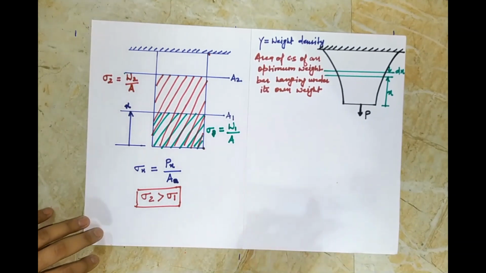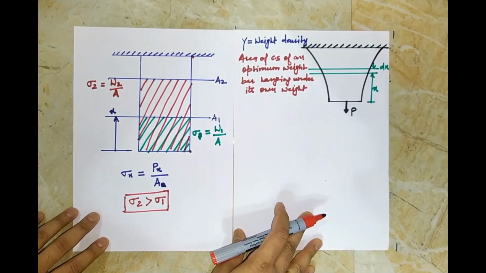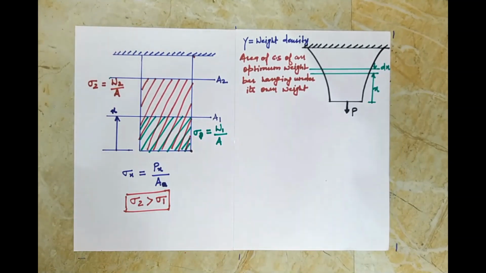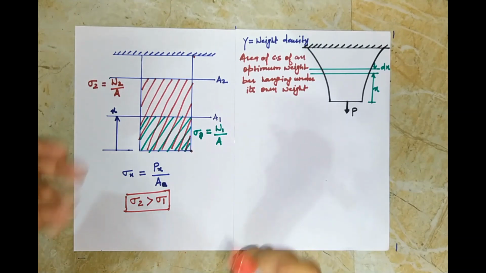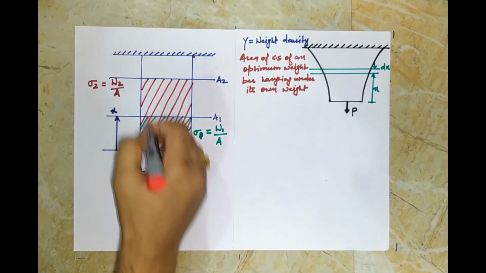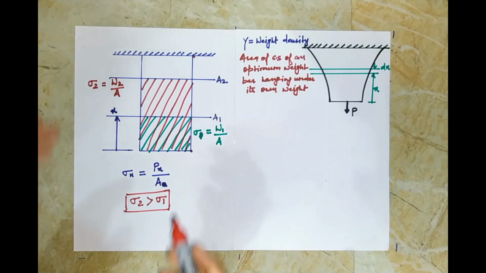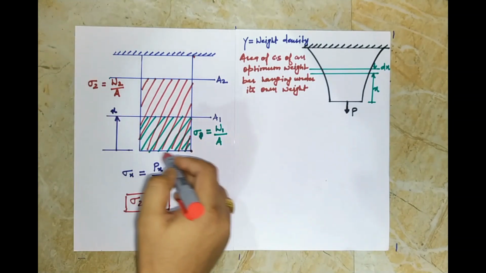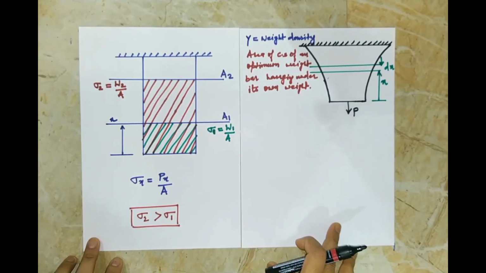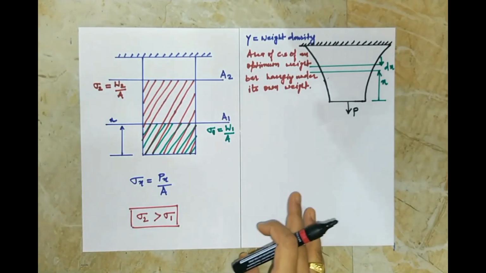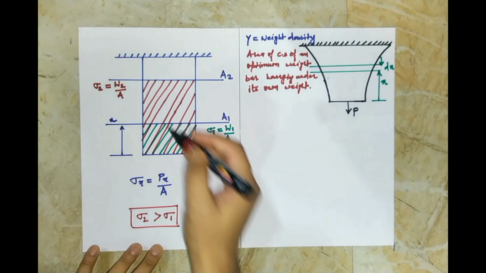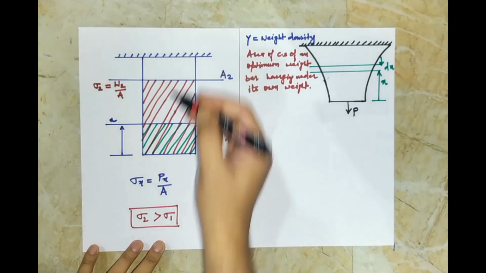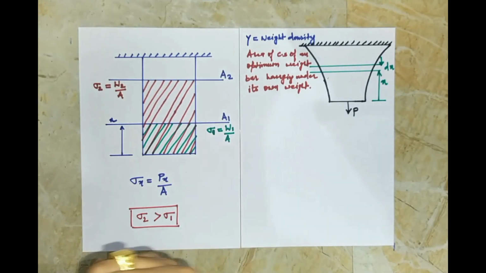So we often find a problem in books: what is the cross section area at each point required to take the weight of the bar itself such that at every point the material is equally stressed. So let us find the cross section profile of this bar such that it is equally stressed throughout the length in order to optimally utilize the material.